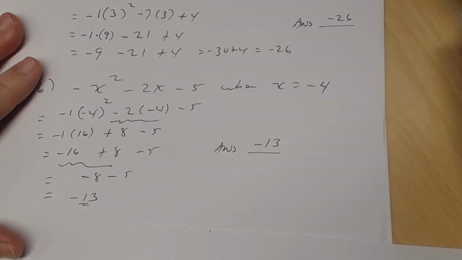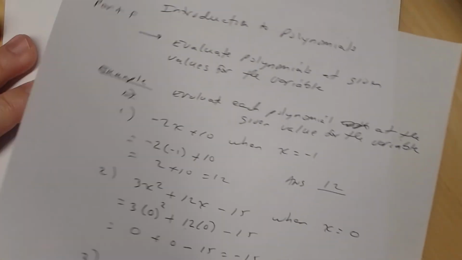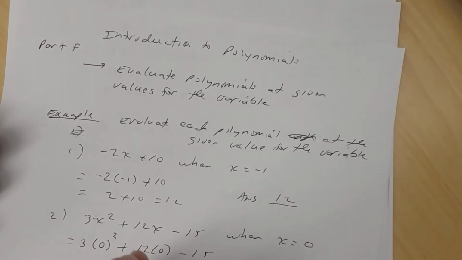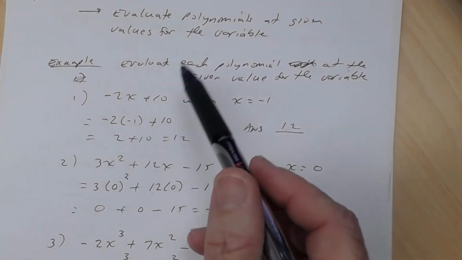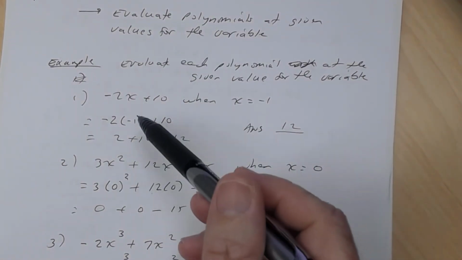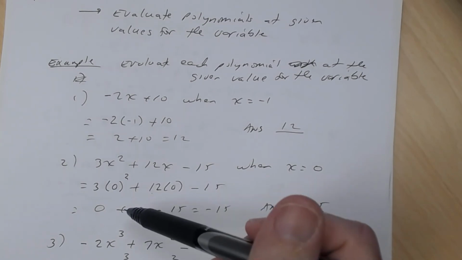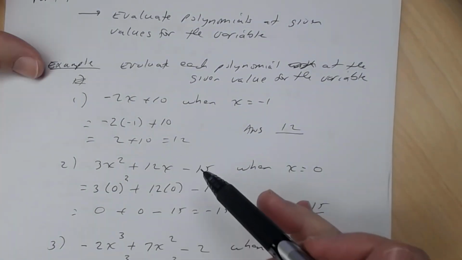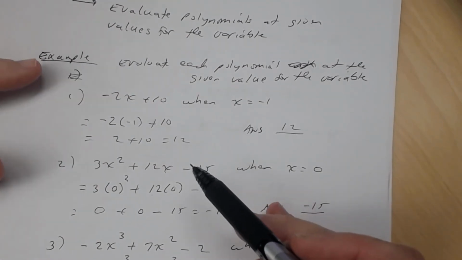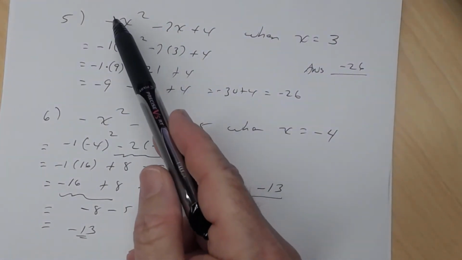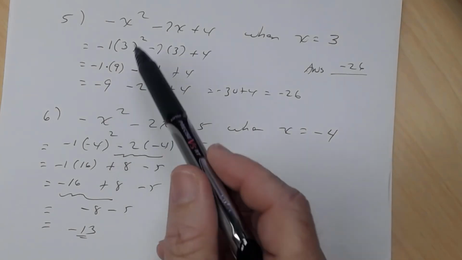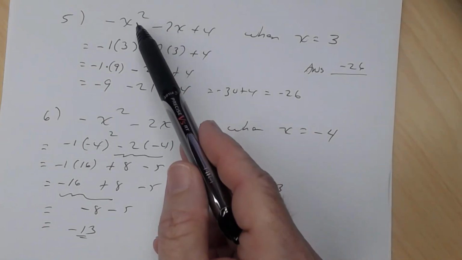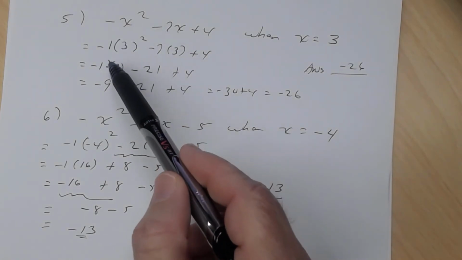Okay? All right, so that's all this was. It's not a difficult section. It's not a difficult lesson, I should say. This part's not difficult. But you did have evaluating expressions in the past. These are evaluating polynomials. And they're actually easier to deal with than evaluating just any expression that has multiple variables in it. But remember, be very careful when you have something like 5 and 6 where it's a negative x to a power. All right, so the only thing that's being squared is this x. So you're going to square whatever that value is, and then you're going to multiply by negative 1. Okay, so that takes care of part